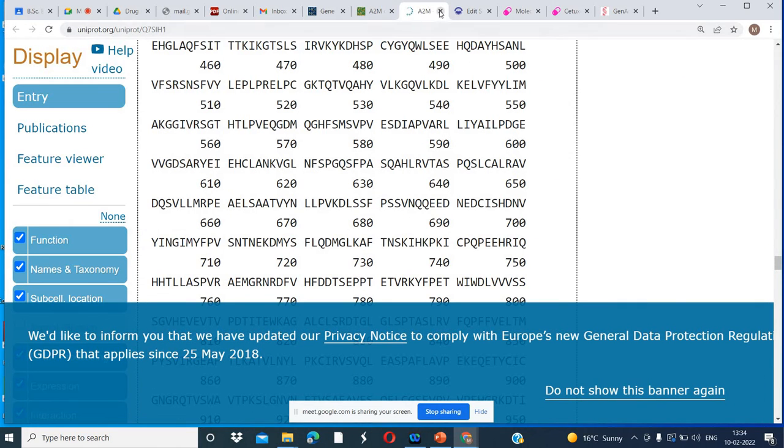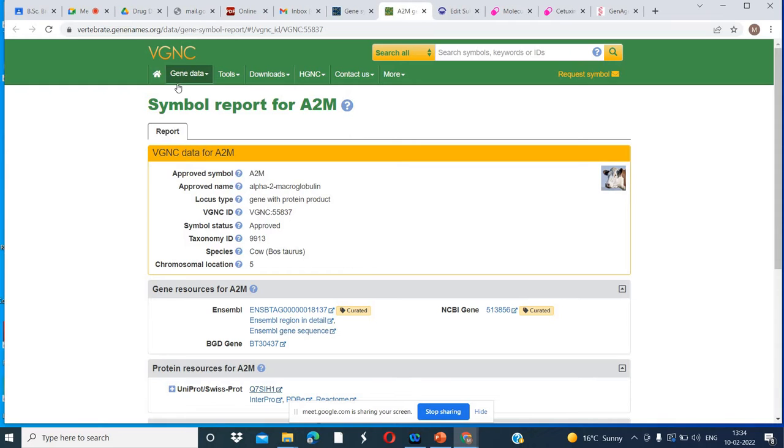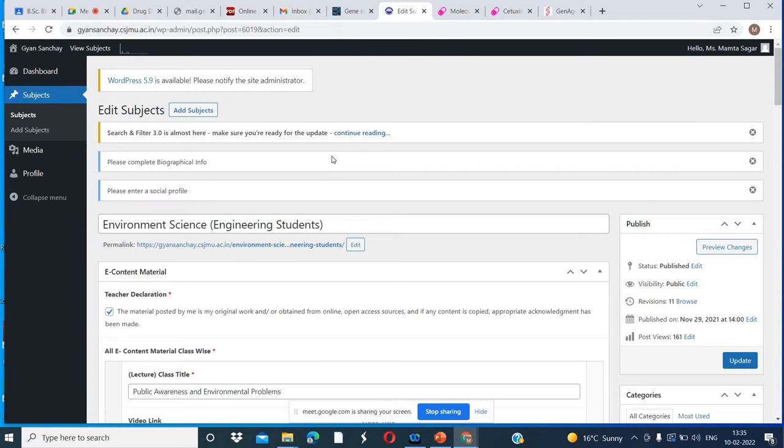Now I am closing this page, because we are doing search in the HUGO database, and this is also another database. So the HUGO database, you can say it is linked to multiple databases. It provides the interface for the other databases comprehensively. Okay, we can close this page.